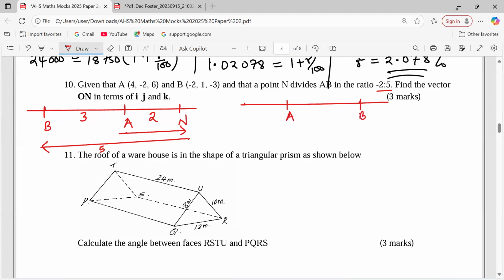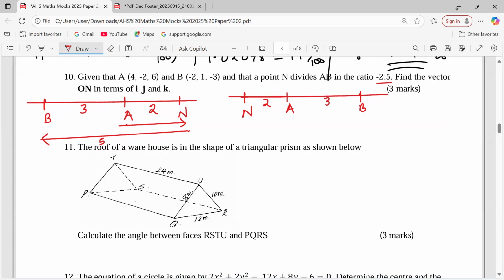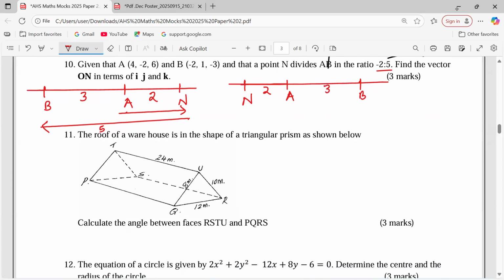Then we say from A, which is our initial point, to where the external divider is, we go backwards for 2 units. Then from the dividing point to where B is, 5 units in the positive direction. So 5 units means we shall pass through the 2 and we add 3 more. See that? Yeah, we add 3 more. So we can apply now, because we have known how to distribute the ratio, we can apply the ratio